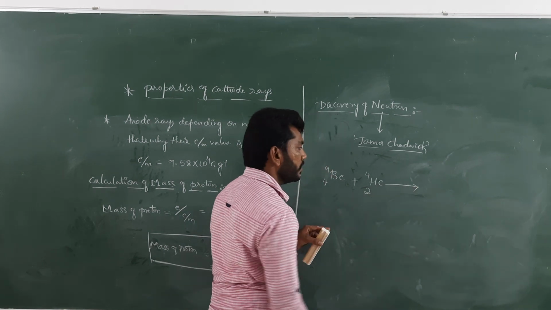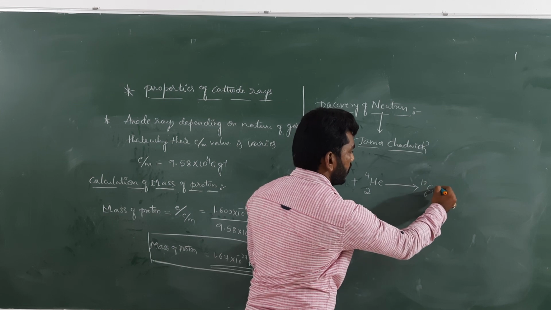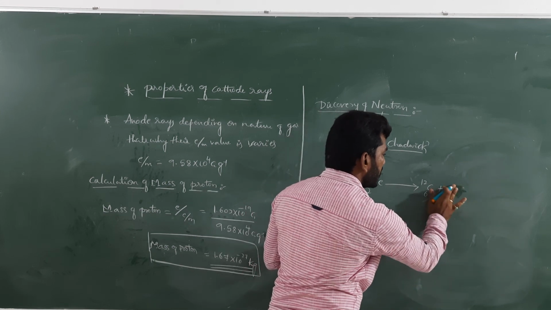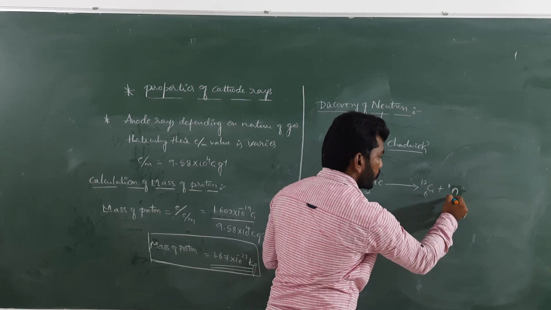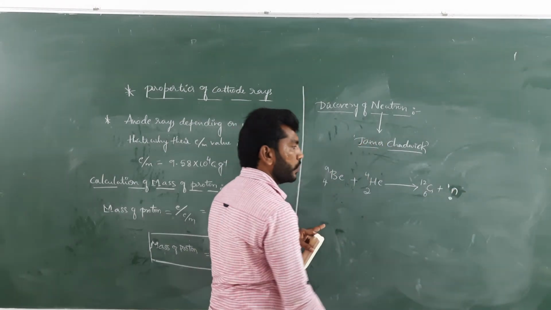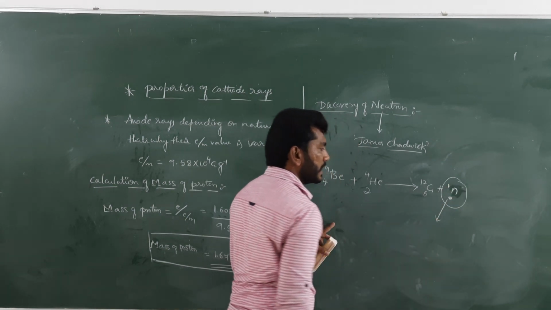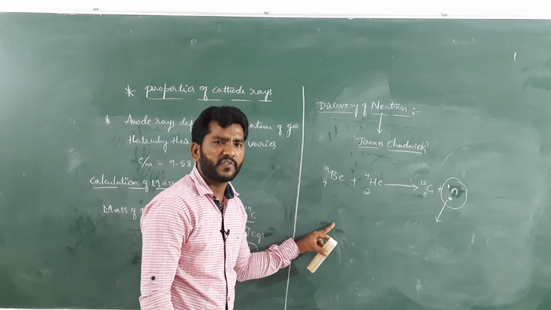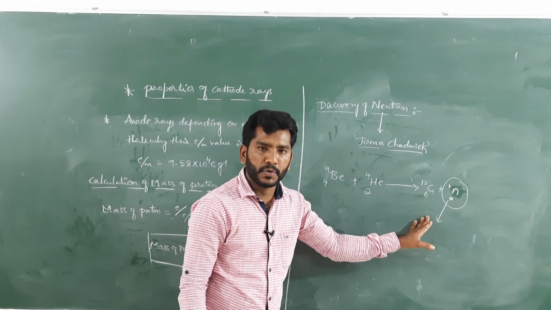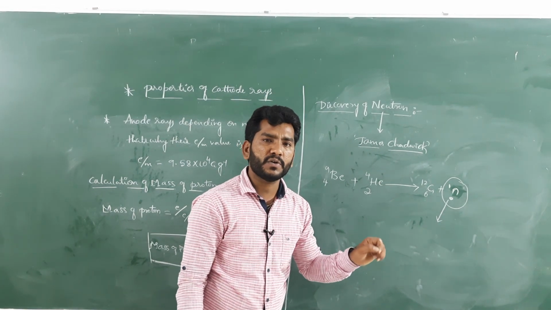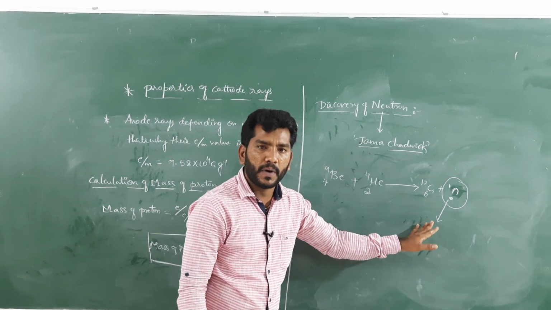Then carbon has to be formed here, and along with that a new particle has to emerge from that particular experiment, that is a neutron. That particle is called a neutron. So how did we come to know that? That particular particle cannot be deflected in the presence of an electric as well as a magnetic field, which means that it is electrically neutral, but its mass is almost equal to the mass of a proton.